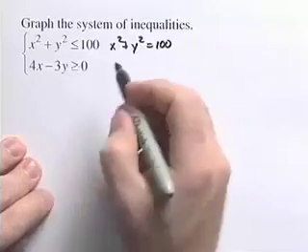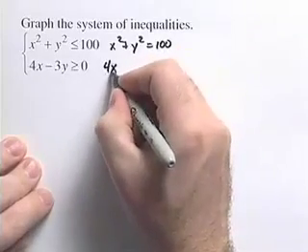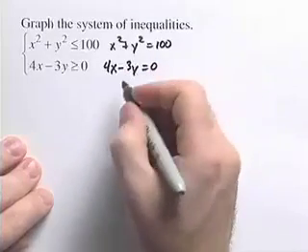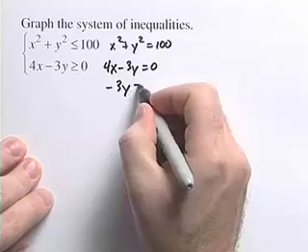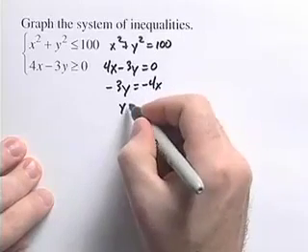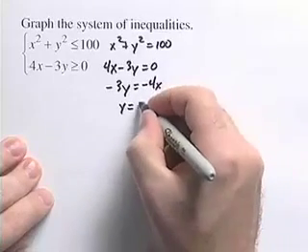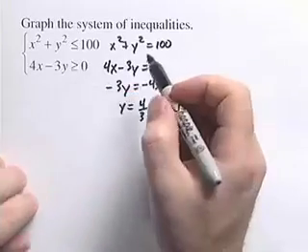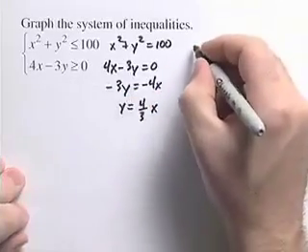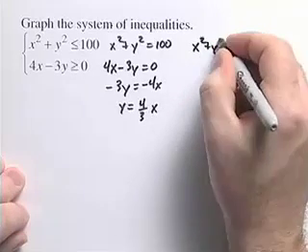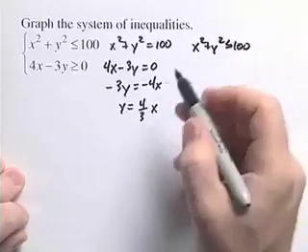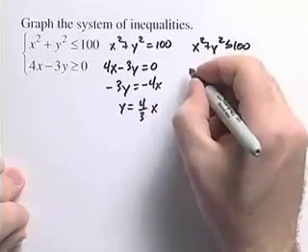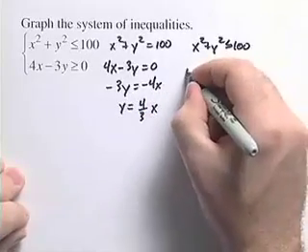Our second inequality, if we consider it as an equation, 4x minus 3y equals 0. If we solve this for y, we'll get negative 3y equals negative 4x, or y is equal to 4/3 x. Now with our inequality, we really want x squared plus y squared less than or equal to 100. And for our linear inequality here, if we solve it the same way we did with the equation,